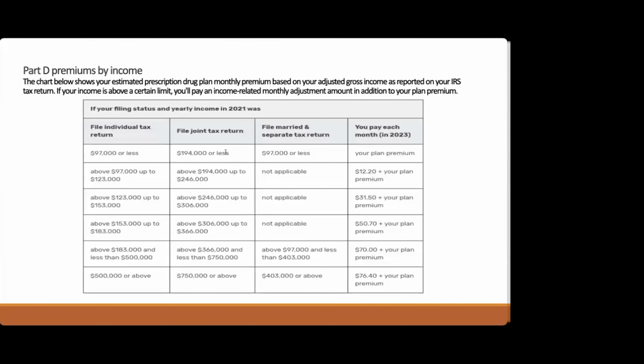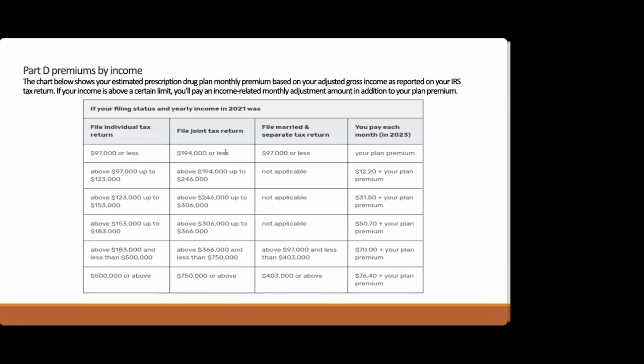So this is an additional amount that you are required to pay in order to be enrolled on a Medicare plan, and in order to be enrolled in Medicare in general. So again, you can see if $97,000 or less is your individual income rate, then your plan premium is the only amount that you have to pay, which would be your Medicare Part B cost plus whatever the premium is